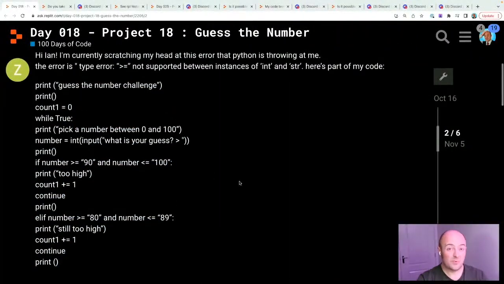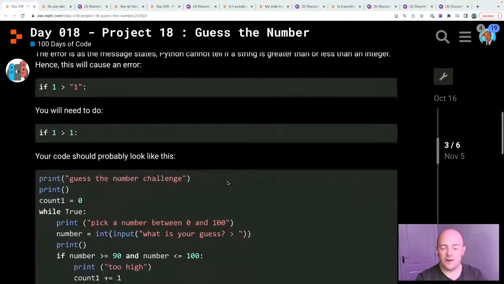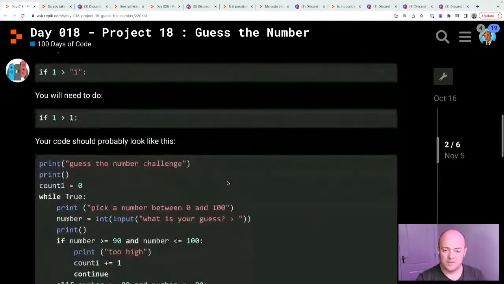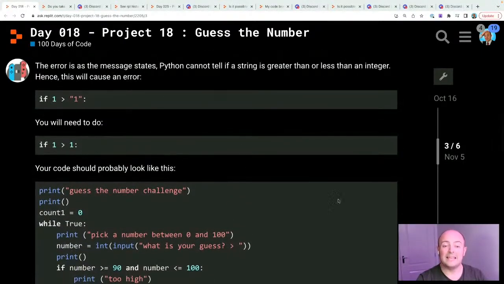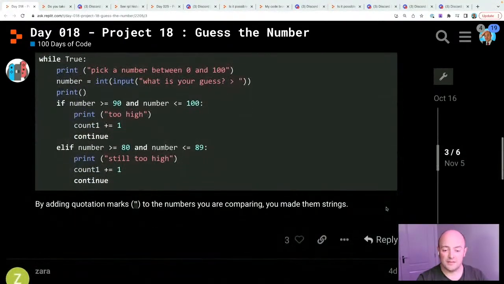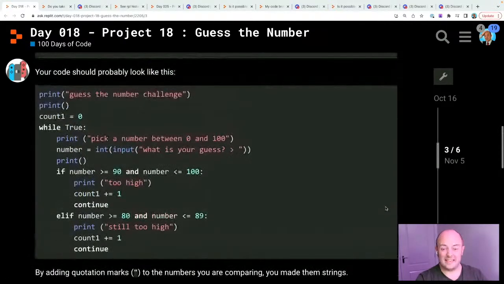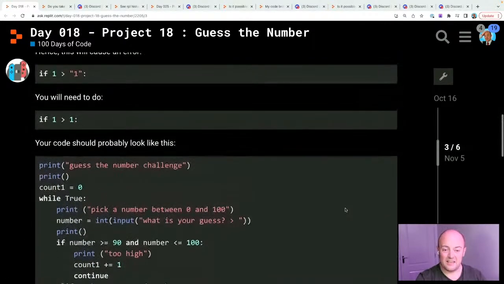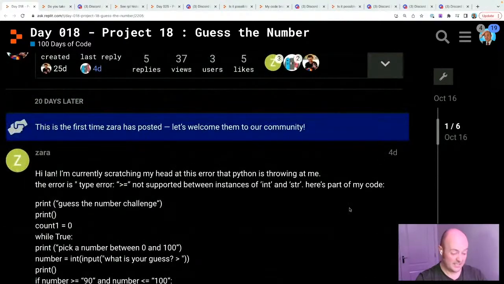And thankfully, and this is why you should get on the forums if you've got coding questions, this one was actually answered by one of our regulars, Matt Destroyer, who not only solved the problem, but explained it really nicely. So Matt, well done with that. One of the hardest things actually is explaining these things clearly, and I think you've explained that fantastically there. And really nice as well that although we looked at it live, if I didn't get to it, it wouldn't be the end of the world.